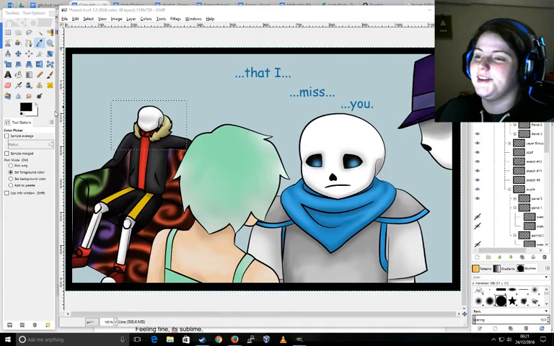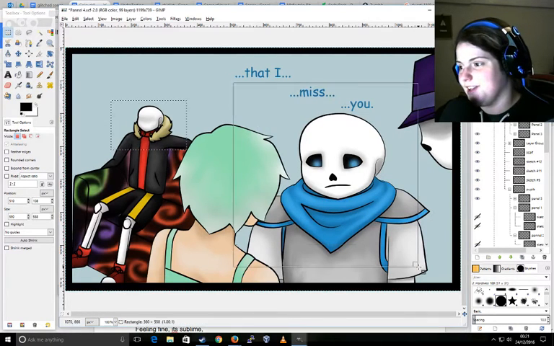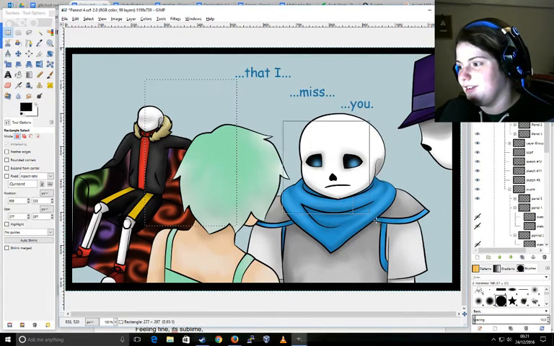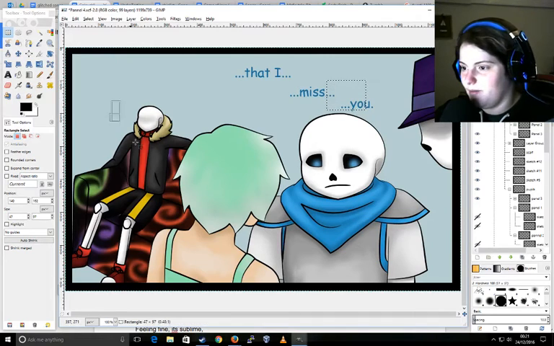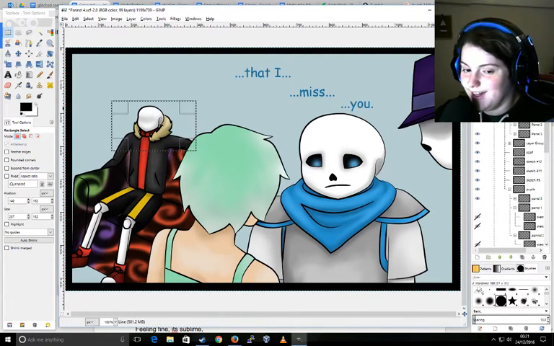So yeah, basically for this, because I'm really lazy and I didn't want to draw out Fel's position again, I just used this rectangle select tool, where you can just... I made a box around him, and because I have this wonderful thing called layers,